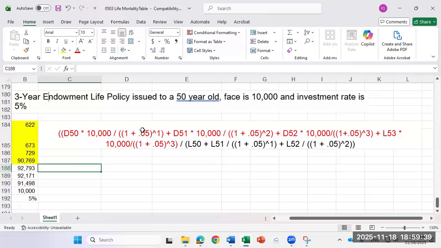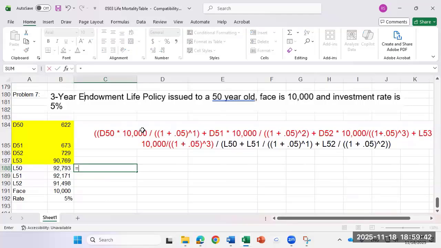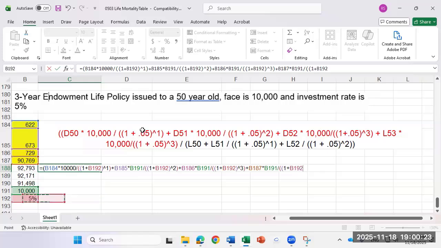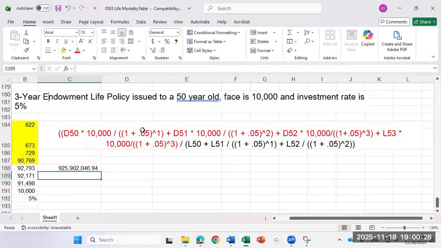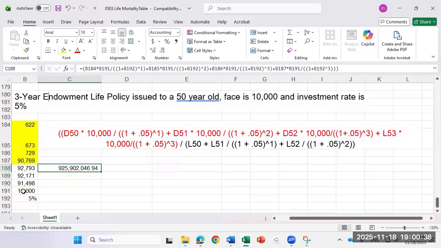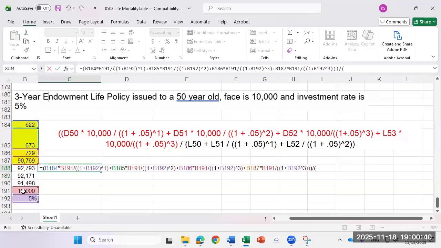But all right, so if we do all of this, and again, who knows what Bill Gates would let me get away with here. Where's my numerator? The numerator, hope I got all of that correct. And then divided by the denominator, which is the same as before. L50 plus L51 divided by 1 plus the rate is the first plus